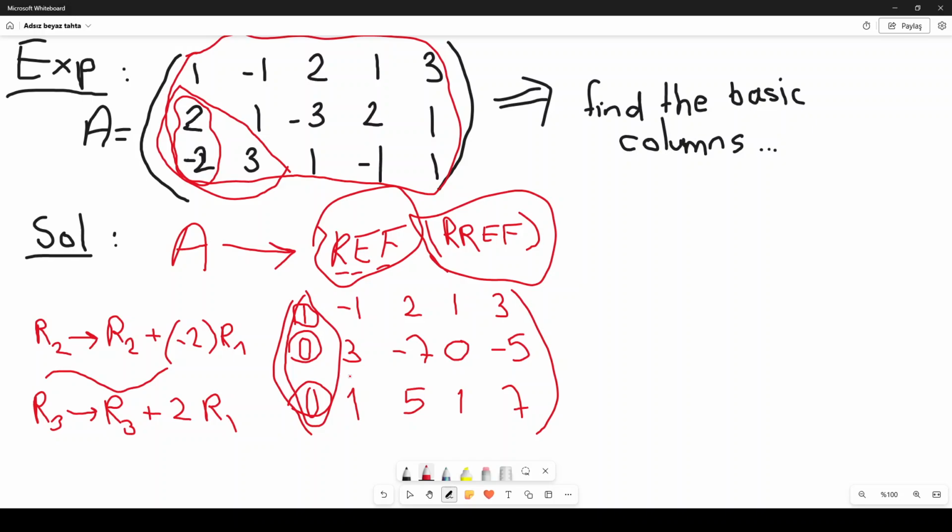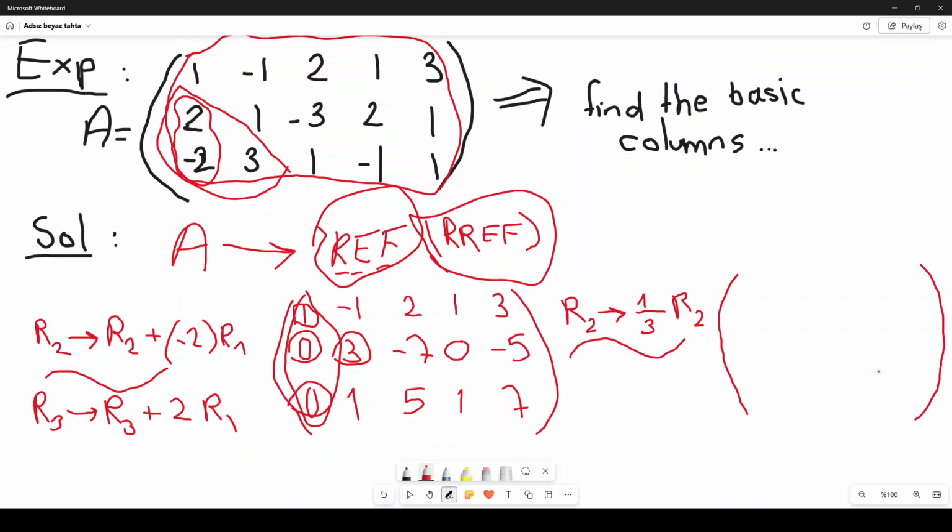Okay, let's jump into the second row. As you see, it is a non-zero row as well, but the leading entry is 3. So what should I do? First of all, I need to again perform an elementary row operation to turn this value 3 into 1. So I replace row number 2 by 1 over 3 times r2, which will yield us a new matrix